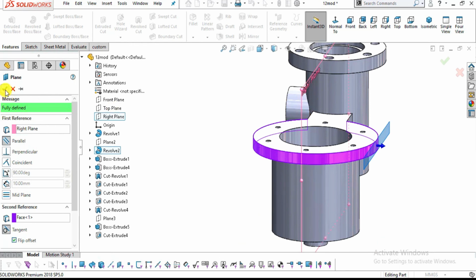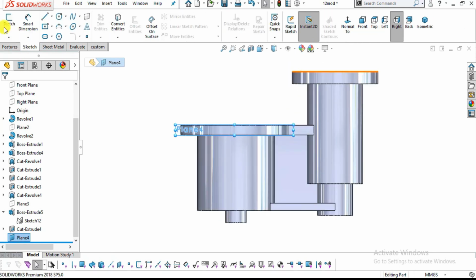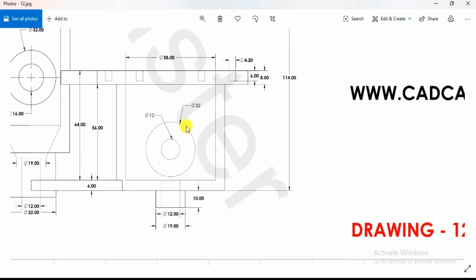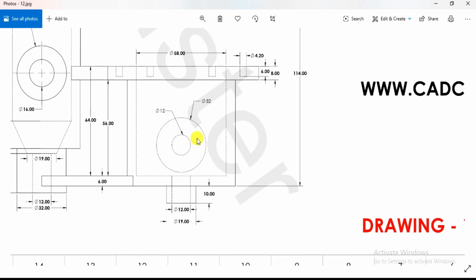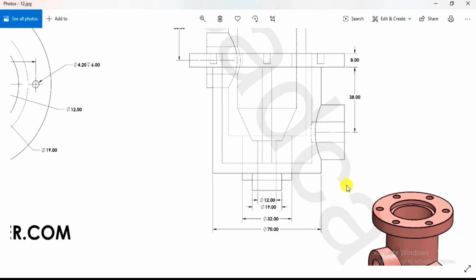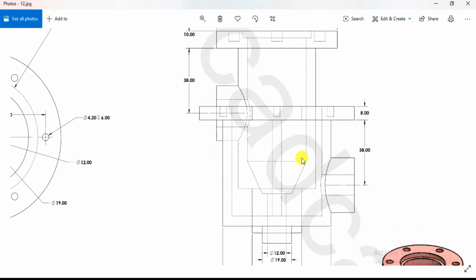Now click OK. Now select this plane, choose normal to and click sketch. Now I will create two circles of diameters 12 mm and 32 mm, and their distance from the top base of this top base extruded boss is 38 mm.